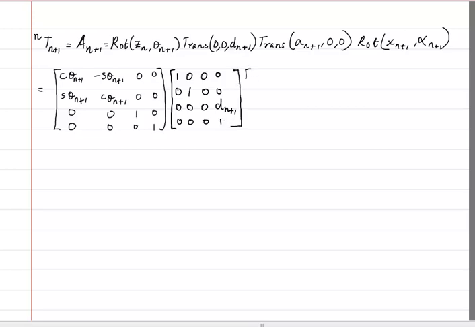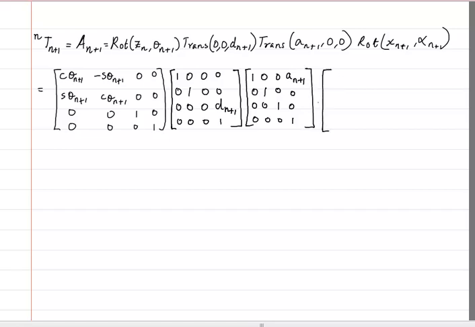And similarly here also, since it's translatory motion, 1, 0, 0, the identity matrix 0, 1, 0, 0, 0, 1 with a scaling factor of 0, a n plus 1, 0, 0, the scaling factor of 1, followed lastly by